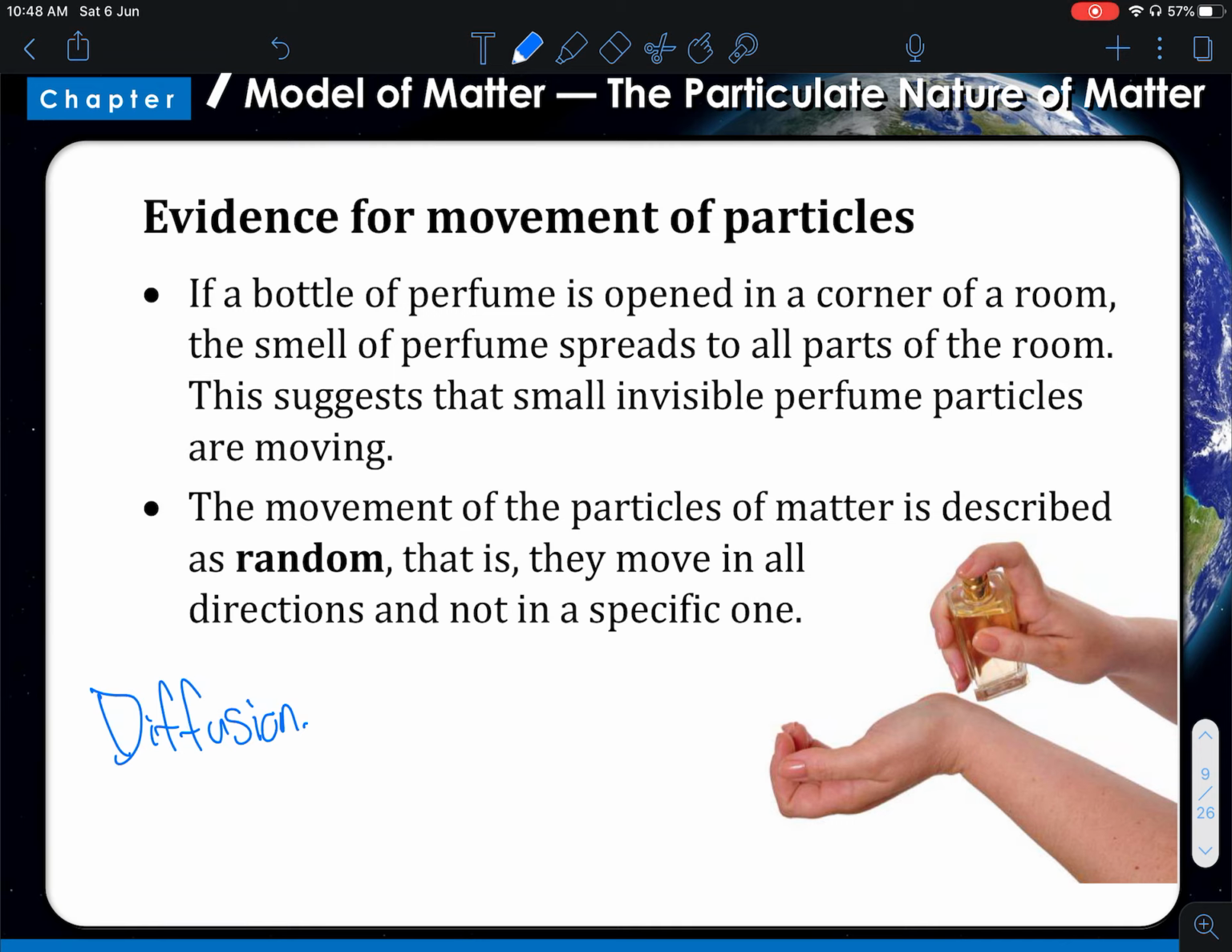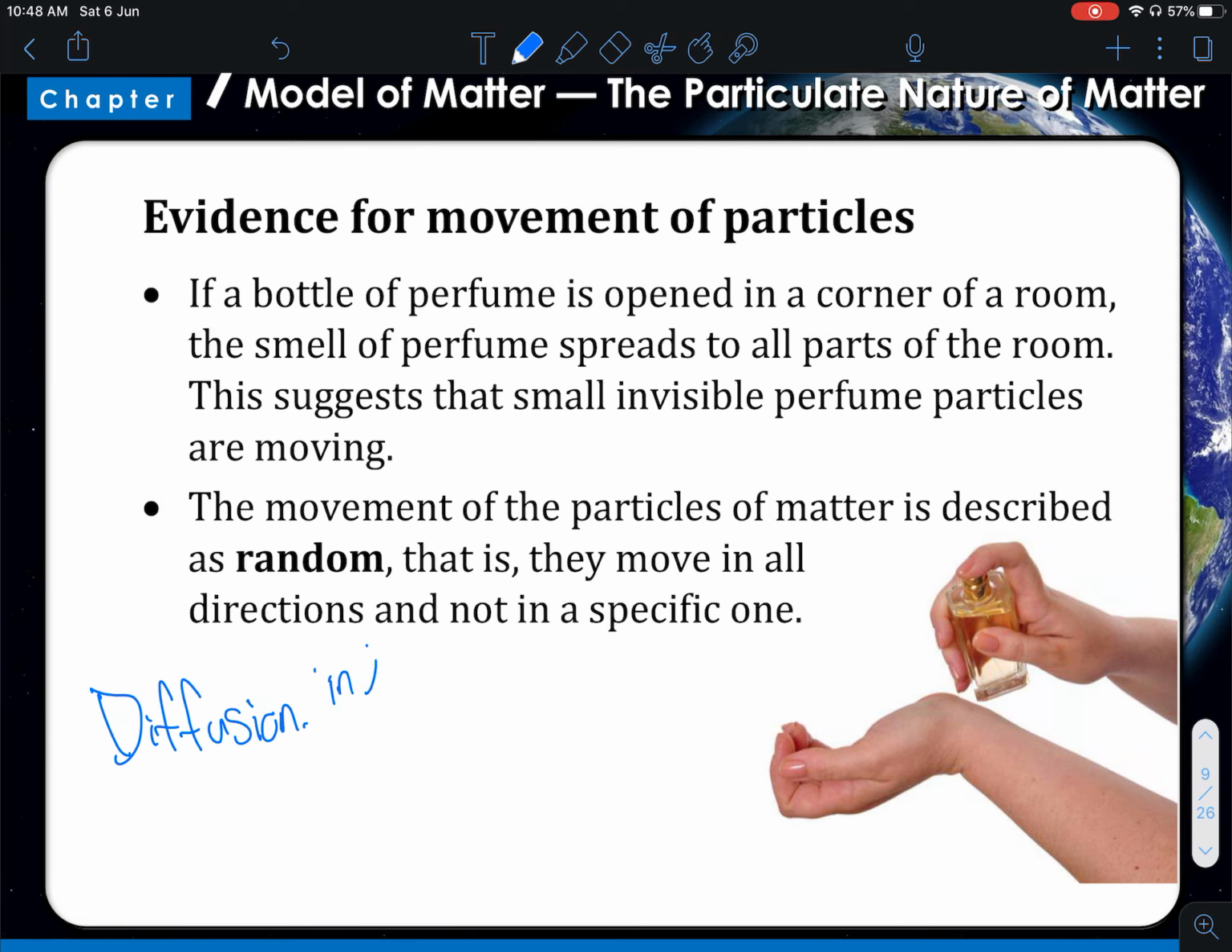So these perfume particles are spreading. And you also realize you cannot control the movement of such perfume particles. They're always in very random motion. Okay, another one that you may want to consider that shows this in a liquid state, so diffusion in liquid state,